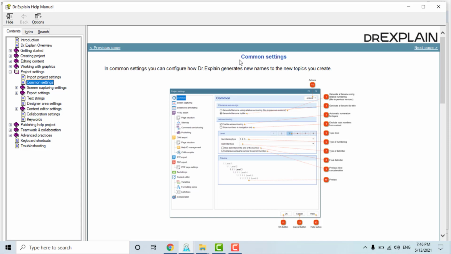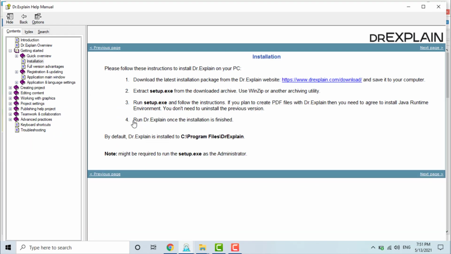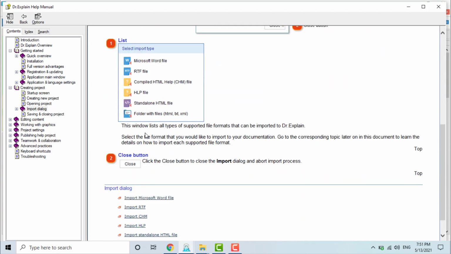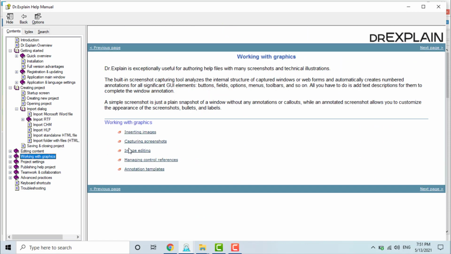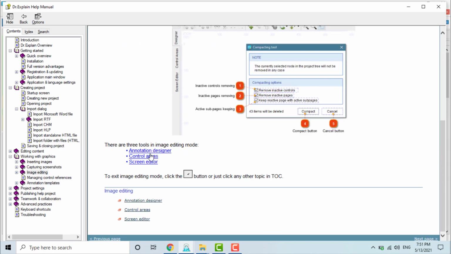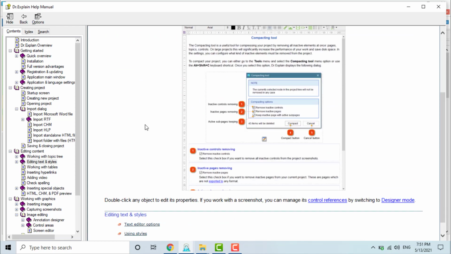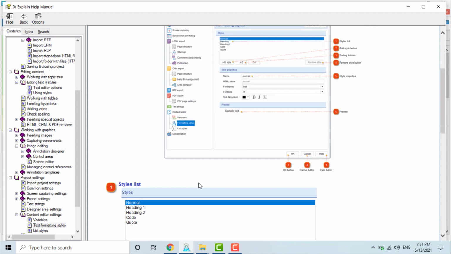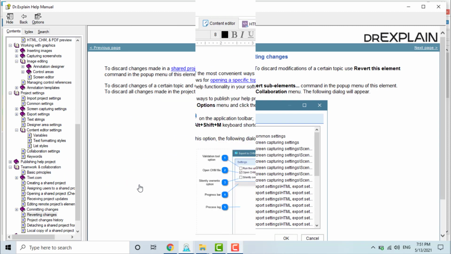So, let's look at the process of creating a CHM file in Dr. Explain in detail. In a CHM file, each topic is represented by a separate HTML page. In fact, this is the same as online help, only packaged into a single file that does not require a browser to view. That means, in your CHM file you can also use HTML and JavaScript inserts and web widgets, plus play videos, and apply additional CSS styles. The topic menu, index, and search functions in the CHM file are implemented by the viewer itself, in a special panel on the left, so those elements are not in the pages themselves.